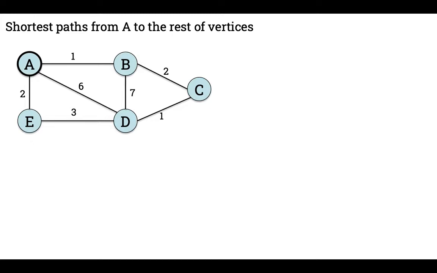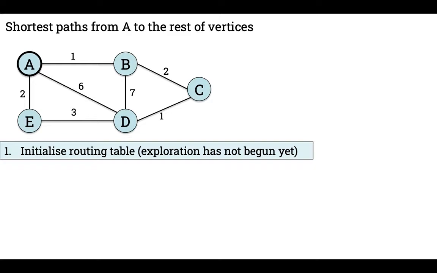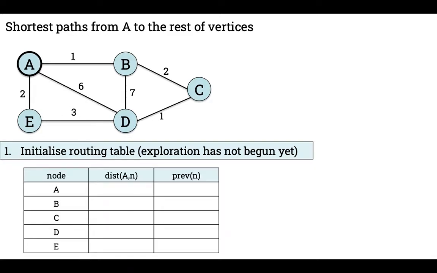length of each road. The first step executed by Dijkstra's algorithm is the initialization of a table where the routes from node A to every other node will be recorded. The first column of this table is the destination node. Remember that the start node is node A. So, in this table, we will record the information necessary to go from A to any other node using the